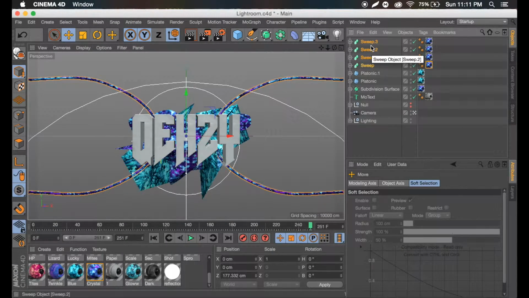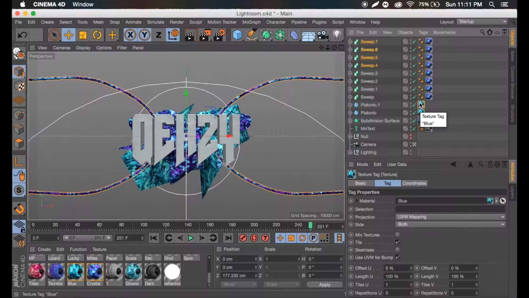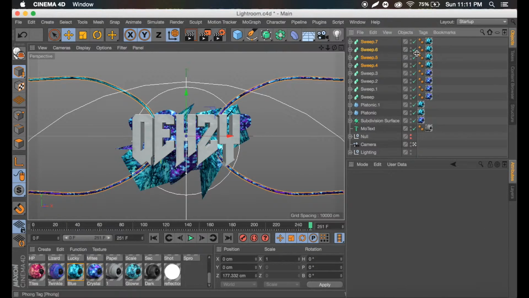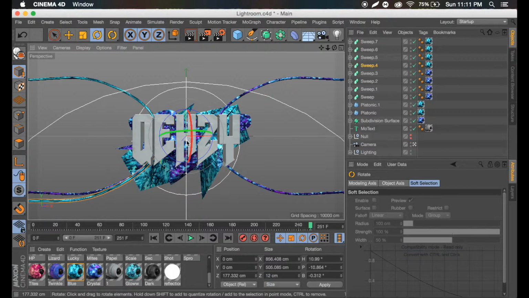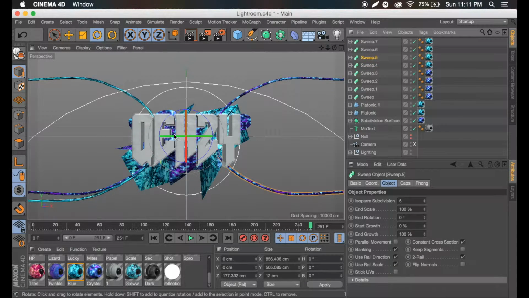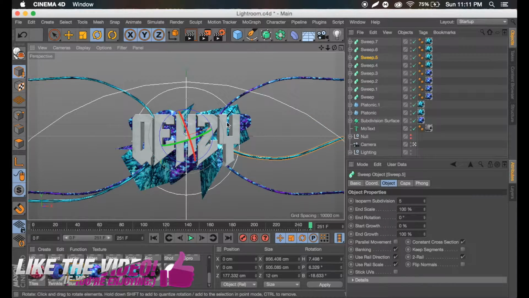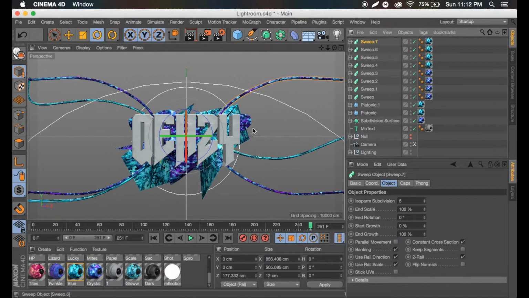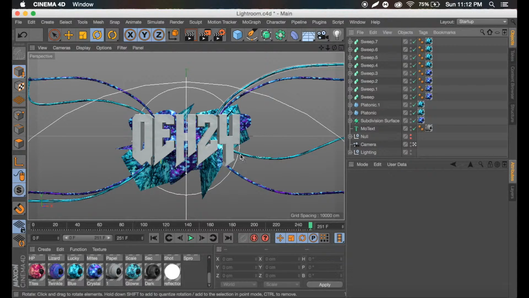And if we Control C, Control V all of these, and we go to our blue material, Command drag it on all of these, delete our crystal material, and we can rotate some of these like this. So we get 2 strands in each corner that are different colors and go at different angles. So maybe I'll go something like that. Yeah, that's pretty cool. And let's do the same thing back here. Alright. And one more. There we go. So something like that. So we have these cords kind of connecting everything,